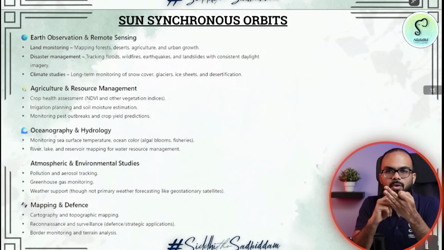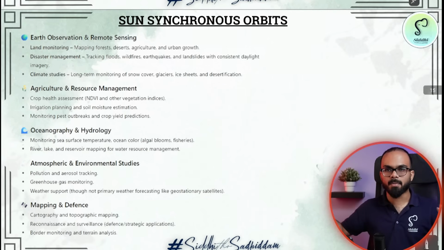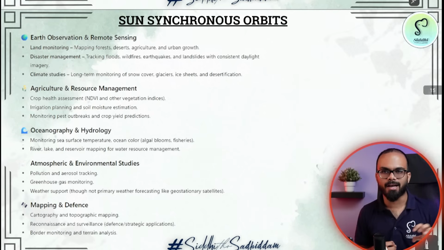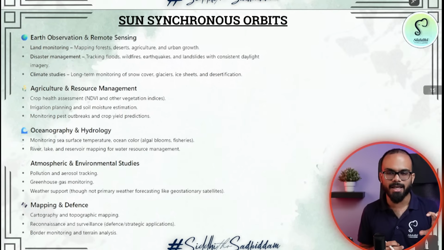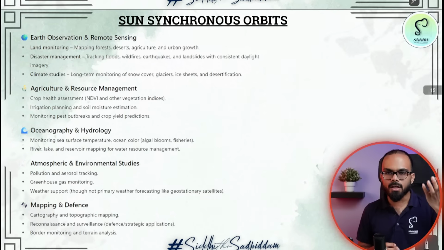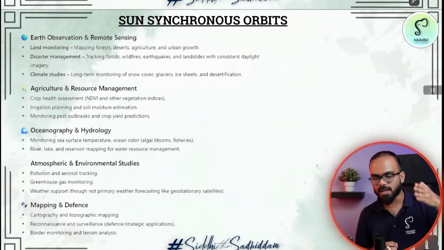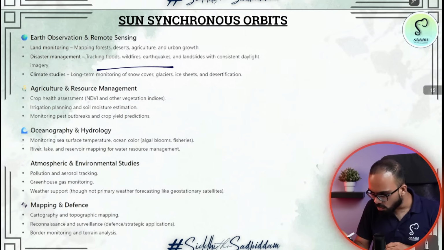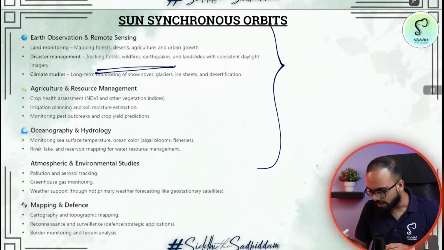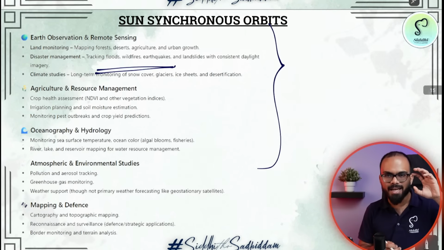So if you want to monitor the land, map forests, check green cover, see how urban growth is happening, where cities are coming up, what the traffic congestion is. If you are aware, Bangalore traffic police also use satellite data to improve their traffic management. So if you want to use satellites for all those kinds of purposes, for agriculture, to track wildfires, to track earthquakes, we use sun synchronous orbit so that daytime is enough.